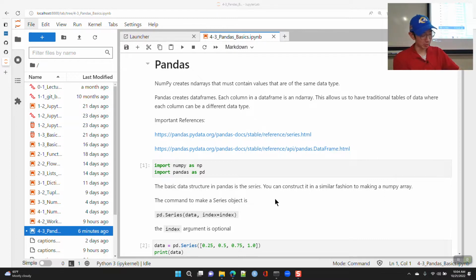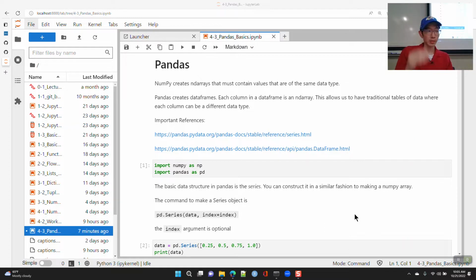Basically, Pandas takes arrays and pastes them together into columns, and now we have a data frame. So now you have this two-dimensional structure where every column is a NumPy array, and that means every value within a column is of the same data type.